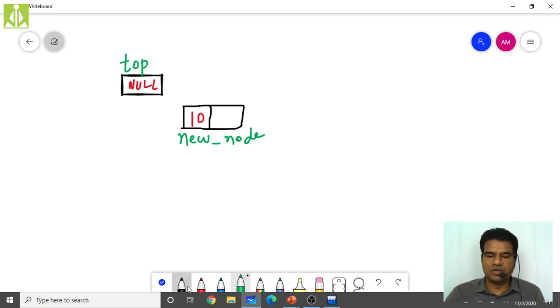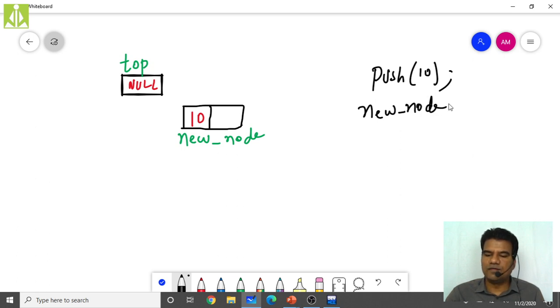Now, whenever I am performing the push operation, say push of 10, I have to write the suitable code. First of all, I have to create the new node. Then new_node of data equals 10.